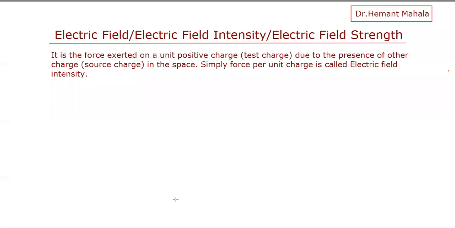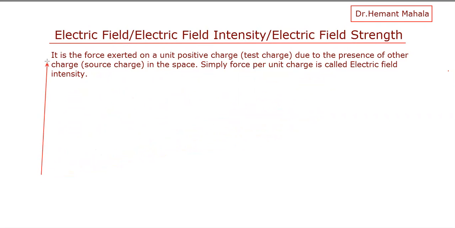So let us start the concept of electric field. First of all, make it clear that electric field is also known as electric field intensity and electric field strength, because electric field intensity is the magnitude of electric field, how intense it is, and electric field strength is also the magnitude of this electric field. So simply these three are the same. We can say electric field or electric field intensity or electric field strength, all are the same. Moving ahead,